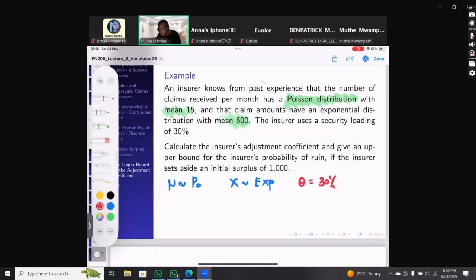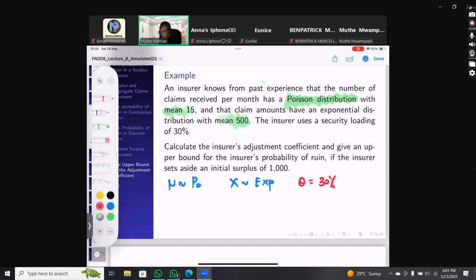When you go to work at a serious insurance company, you'll be doing this stuff, right? If you go to work at the insurance companies in Kariakoo, of course you won't see this anywhere, right? Because you'll just find the premiums brought to you from, I don't know, TIRA, and you just have to apply. If the car is this, charge this, charge this, charge this, right? It's like that. But if you'll be doing this in a serious setting, of course, we'll be able to see how we can estimate all these loadings.